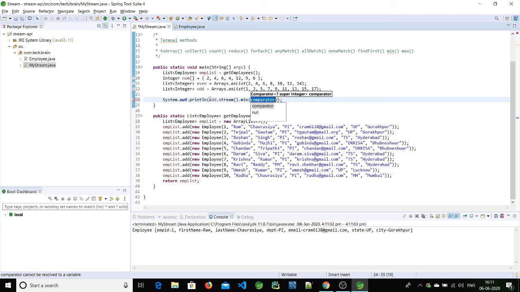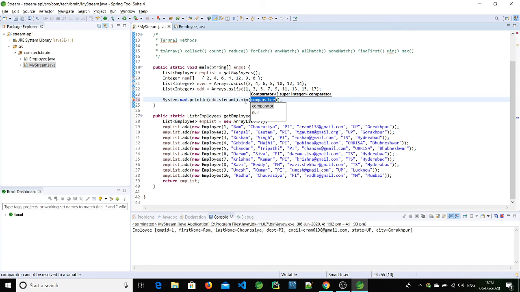But in real time, we have records that are not integers, that may be employee records. There, on which basis are we trying to find the minimum or maximum, on behalf of name size, or ID, or salary, whatever it is. So there we have to specify the comparator. If we create a comparator based on our need to identify the minimum or maximum, we can pass it here and we'll get the matching record.